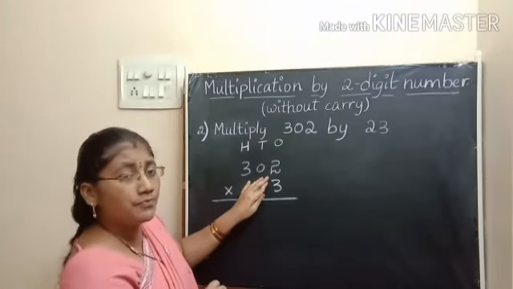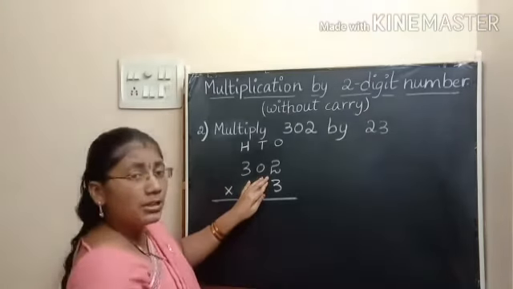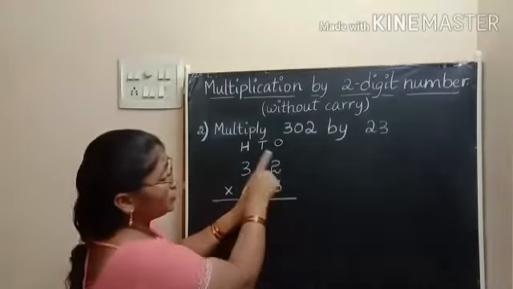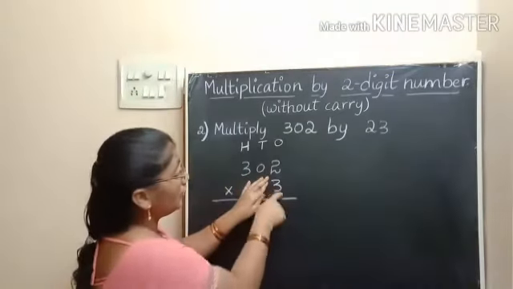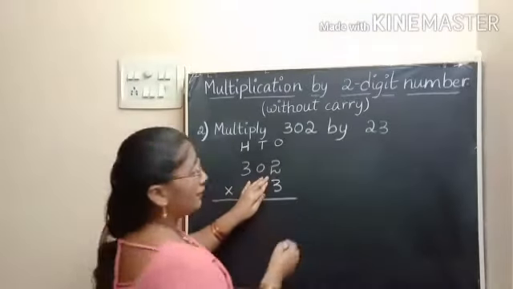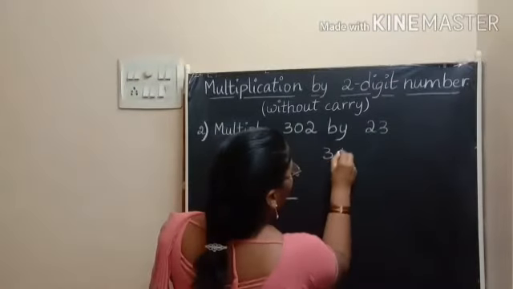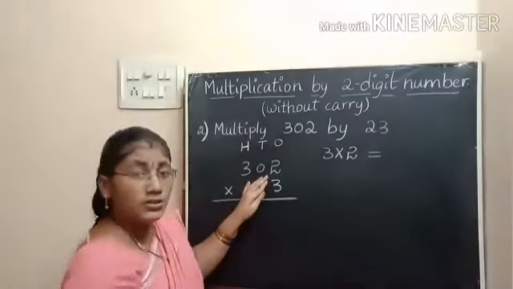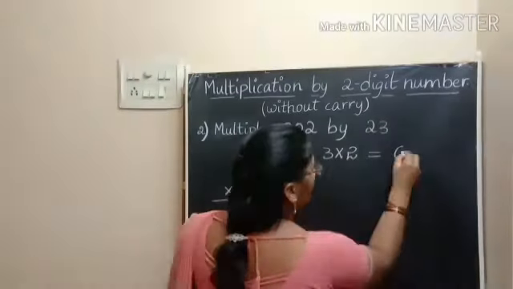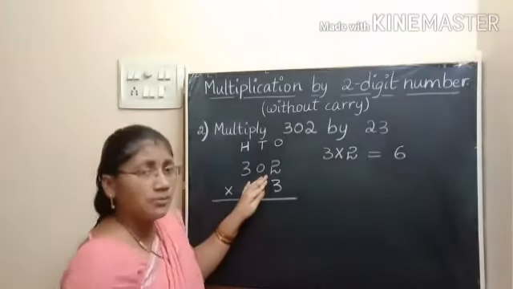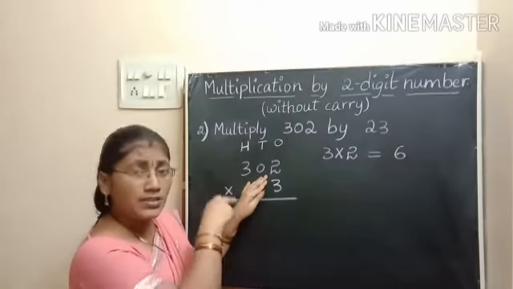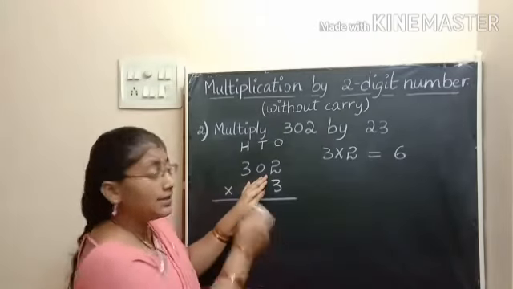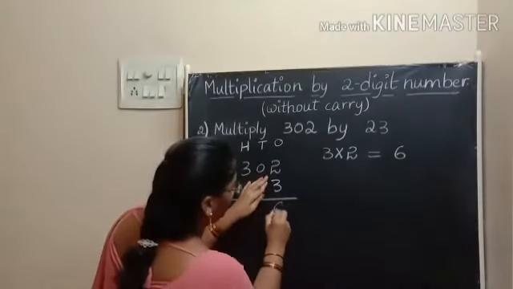This is like single digit multiplication. And we should start from the digit in the ones place. So first we have to take 3 into 2. 3 2's are 6. We get only a single digit number, so there is no carry to pass to the next place. So we can write 6 directly as the result in the ones column.